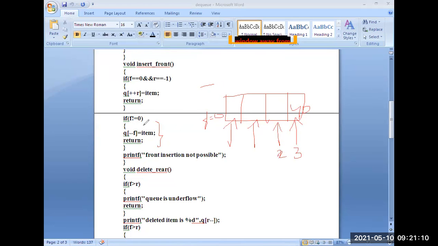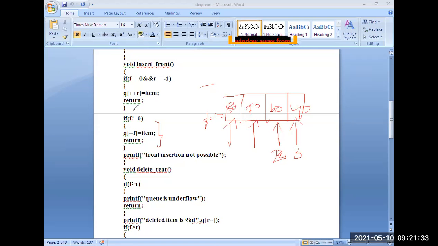Now, if f not equal to 0, then the item is inserted into the queue by pre-decrement. So f equal to 3, now f value is 2, then you can store here 60. Again 60, 70. Again 80. So you can insert in this way.